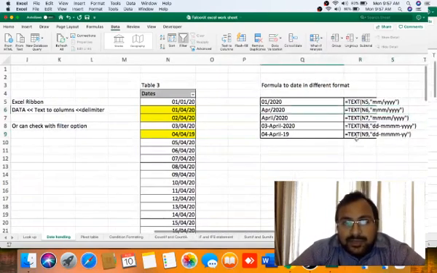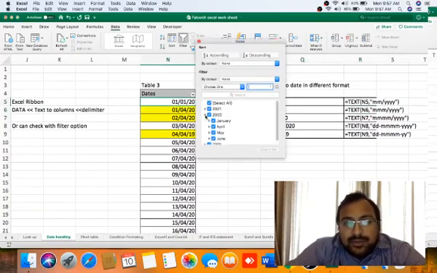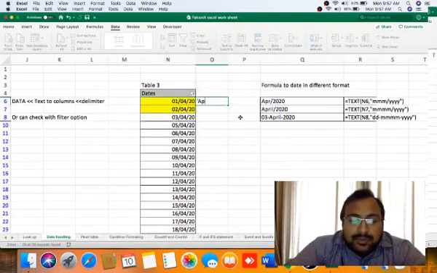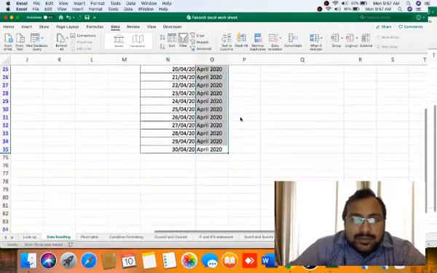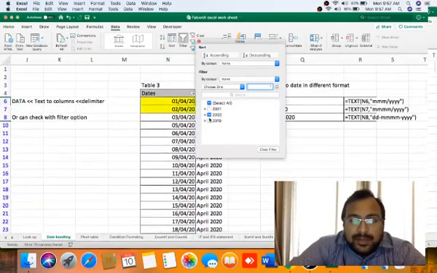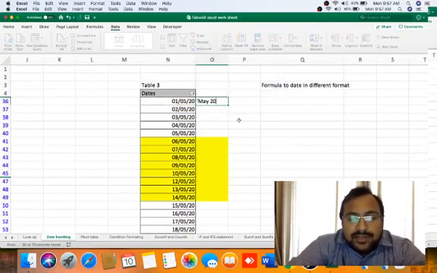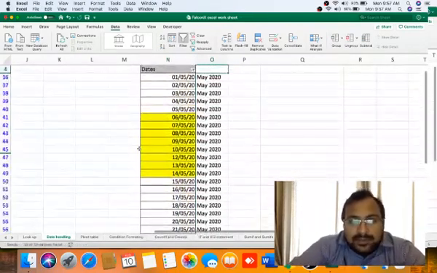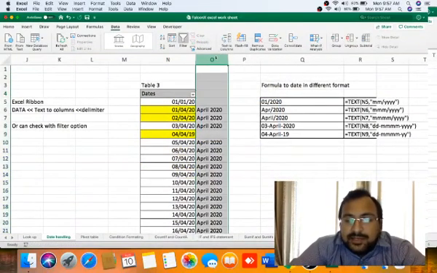Now let's move ahead. Suppose in statutory audits, we want to club the data month wise. For example, we want to club April data. So one method of doing that is we can write month wise like this and do a copy paste, and then similarly we can do for May. But don't you think this is time consuming and chances of errors are too much? For me it's time consuming and I make a lot of errors doing like this. So how can we save this time and errors?